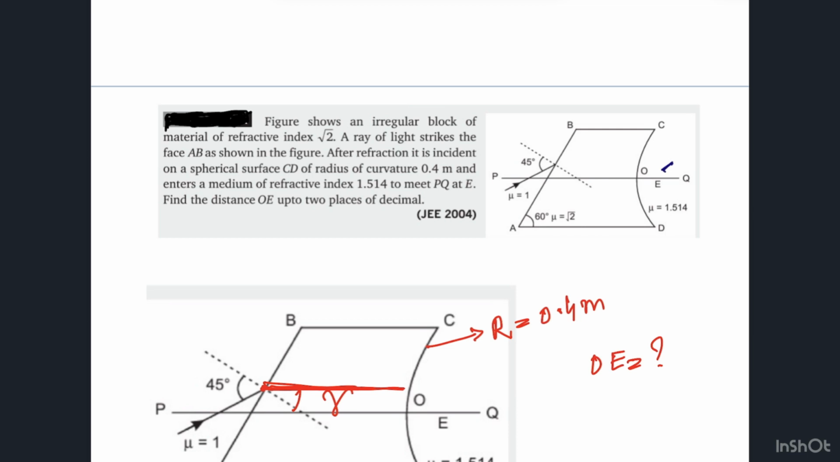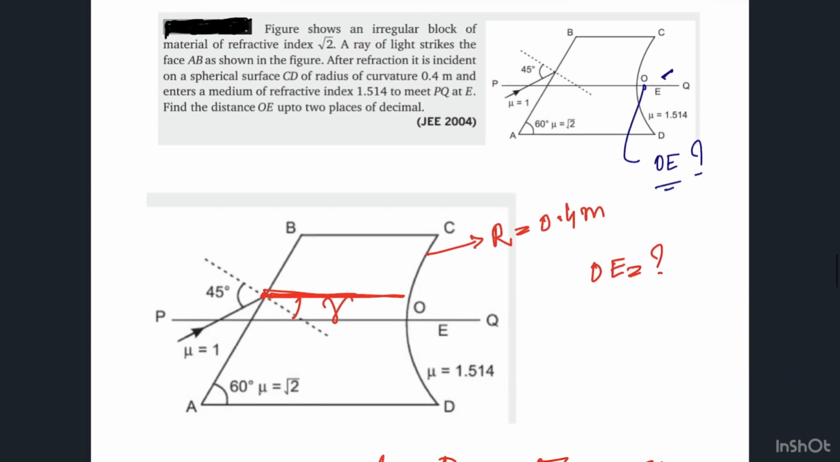Find the distance OE up to 2 places of decimal. So we have to find this distance basically OE. In this figure, if we see, a ray of light is incident at 45 degree and now it is being refracted from face AB and then it is falling on this